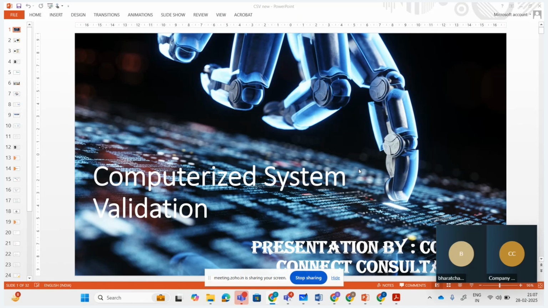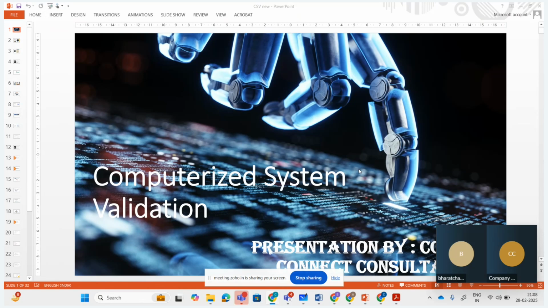Infosys, TCS, they have product plus services, both. So there is a mix. They are the hybrid industries, where they have their own product as well, plus provide services in various fields, and CSV is one of the fields. So Infosys will hire you, TCS will hire you, HCL will hire you, Capgemini, Tech Mahindra, all these industries are a mixture of product plus service based industry. They will hire the CSV expert because they are providing services in the field of CSV to the pharma industry, clinical trial industry, and medical device industries.